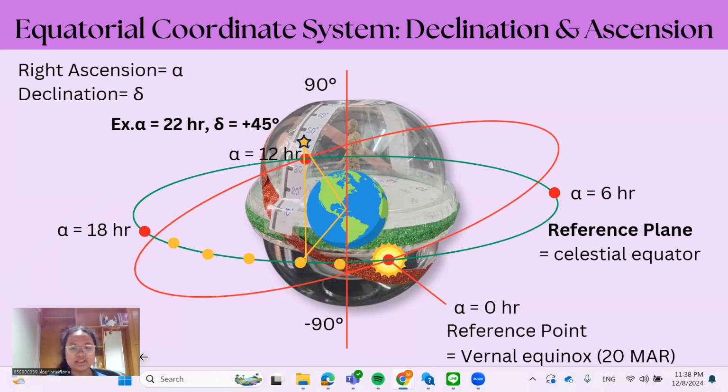Right ascension has its reference point at the vernal equinox, the position where the ecliptic line crosses the celestial equator. It is around 20 March, and at this point the right ascension is called 0 hour, and then